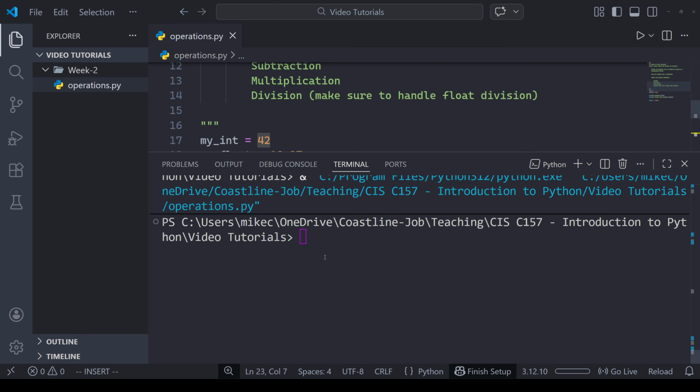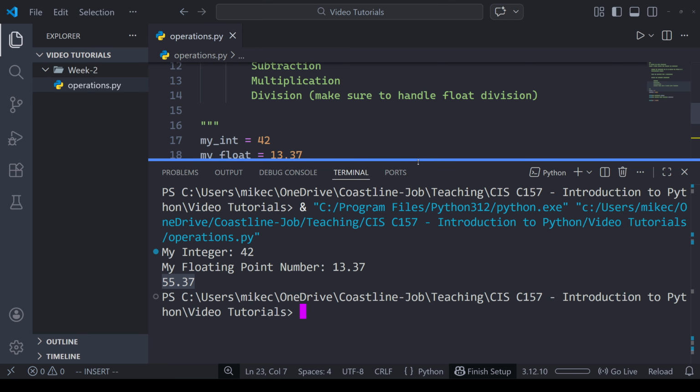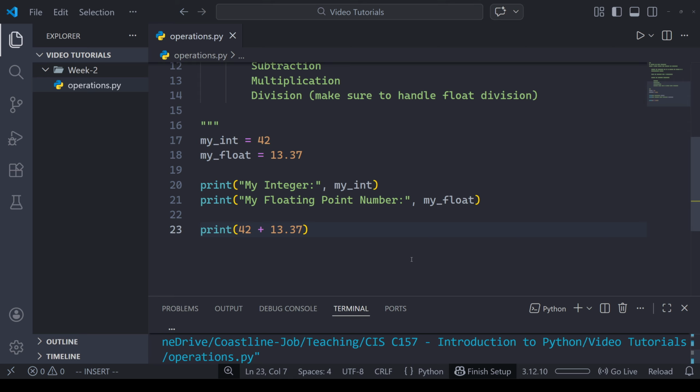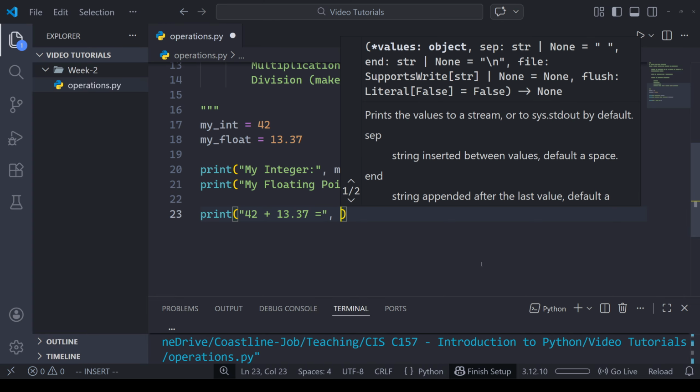I could also make this a little bit easier for the user to understand what's going on, because if a user runs this program, they are just going to see 55.37 printed to the screen, but they won't necessarily know that this is a result of addition. So we can add some more text to make this easier to understand. I can put these in quotes: 42 plus 13.37 equals, and then a comma, and then I can run that same operation again outside of the quotation marks.